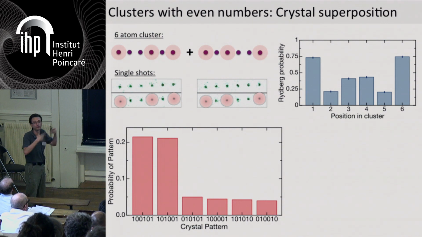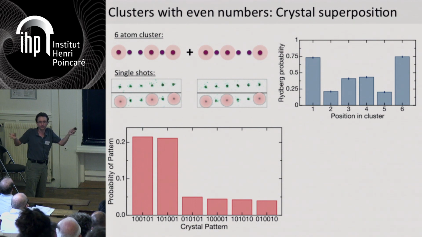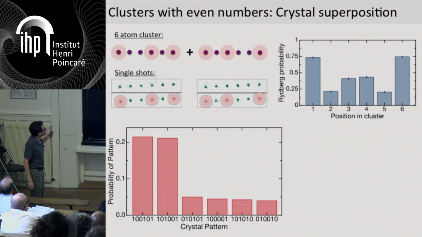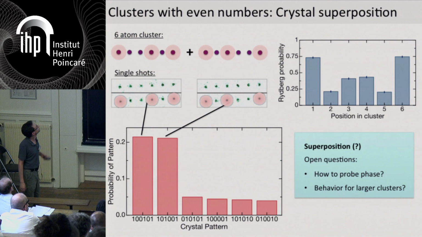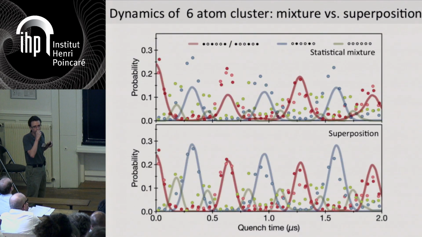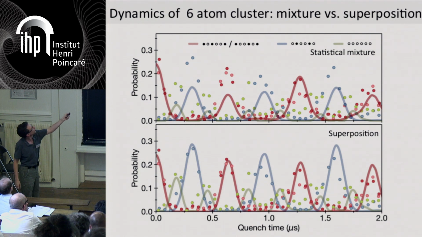We could, of course, do the full quantum tomography of the state, but this scales very badly with the system size. And that's where the quantum many-body dynamics might be an interesting new tool. And to illustrate this, I show you this preliminary data where we have prepared this kind of unknown state where we don't know whether it's a statistical mixture or a quantum superposition of these two 6-atom states.